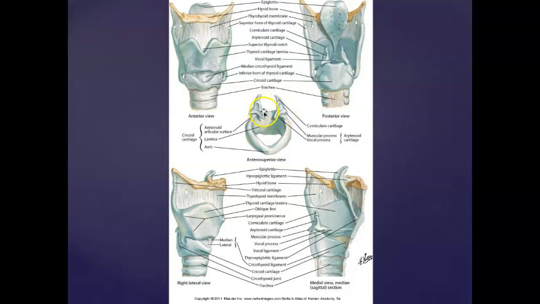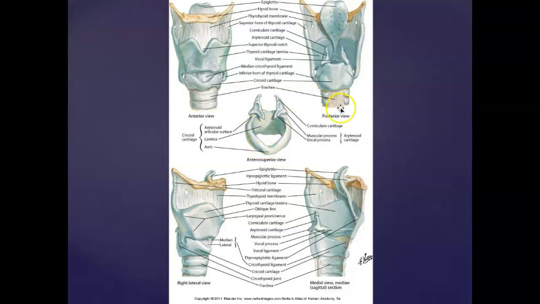These will kind of twist and spin here. There's muscles we'll see in the next couple slides here, called transverse and oblique arytenoid musculature, that attach to these. When they contract, along with other musculature that will help pull on these, they'll start to rotate those arytenoid cartilages, and they'll tighten or loosen the